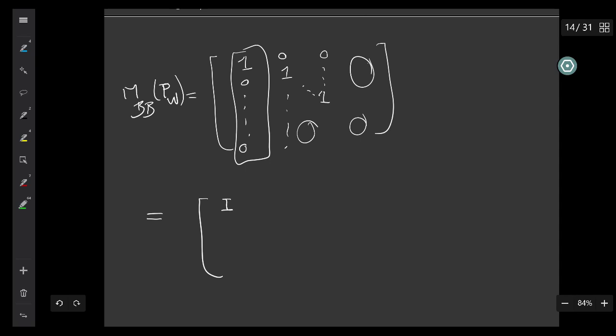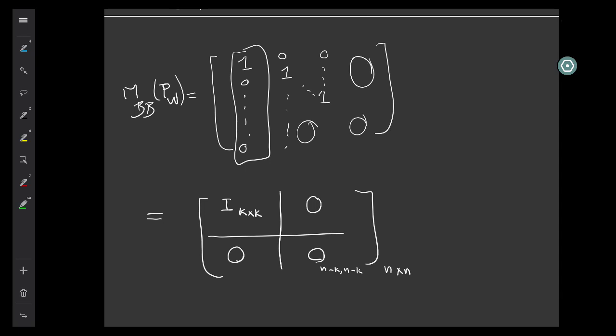Here we get an identity matrix of size k. Here we get a 0 matrix, and here we get 0, and here we get a 0 matrix of n minus k by n minus k. So the whole matrix is n by n, and of course we can write this as n minus k times k, and this is k, and this is k times n minus k. Okay, that's very nice and simple, but